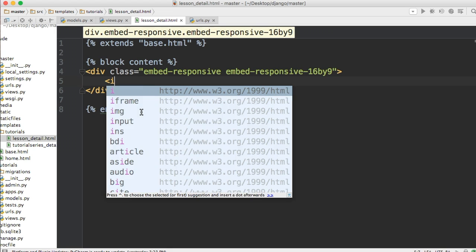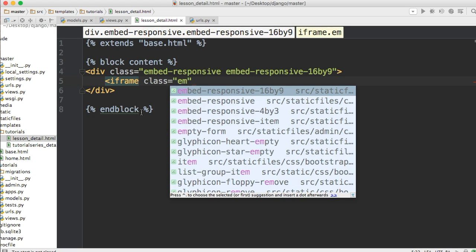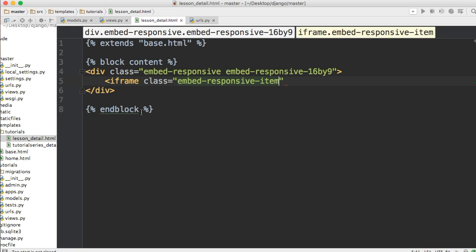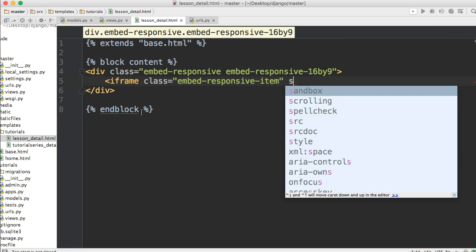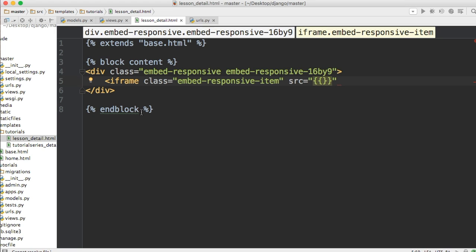So we're just going to do iframe, class embed-responsive-item, and then we need a source, and inside the source, let's just go ahead and do two square curly brackets